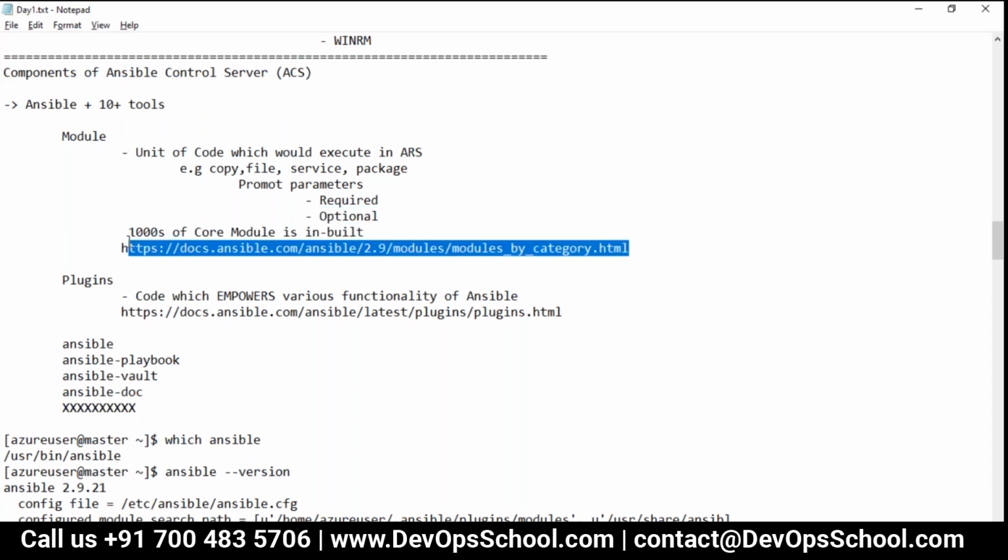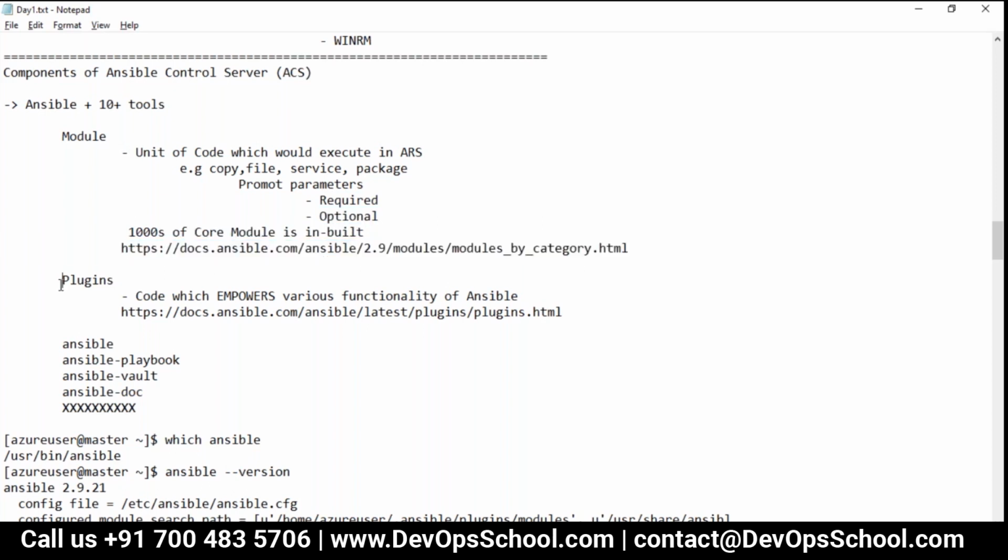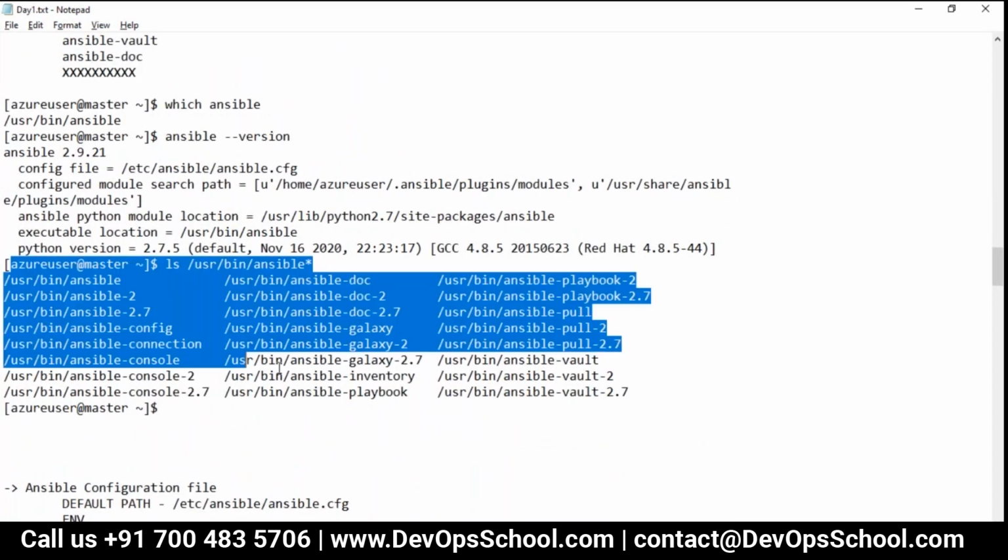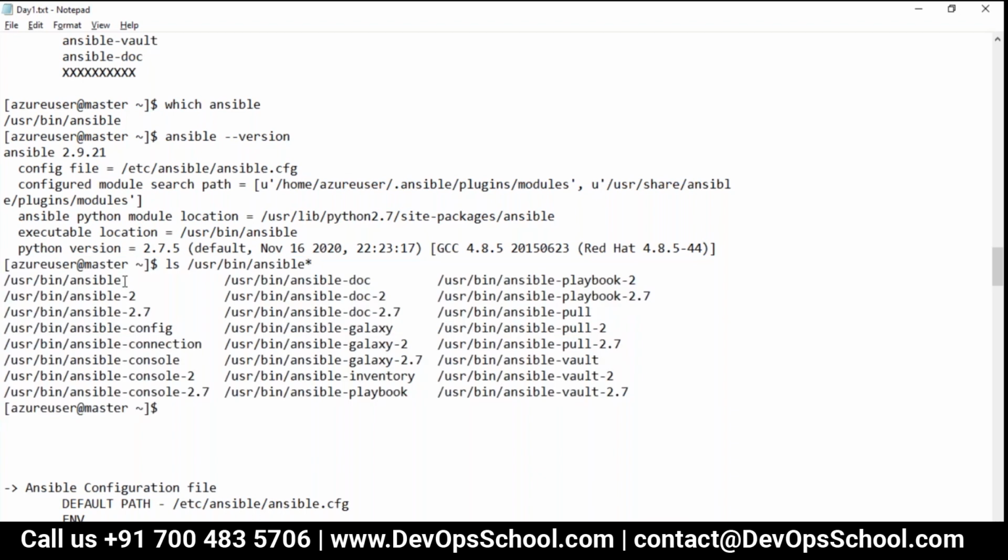Always refer to the official documents. We have plugins also. Plugins are nothing but features of Ansible. Right now we have nothing to do with the plugins, but we need to know conceptually what a plugin is. A plugin is a feature of Ansible. There are certain features which are inbuilt, and certain features we can install separately. We can code plugins also, and then you get a hell of a lot of utility, which I showed you here. One of the utilities which I have used just now.